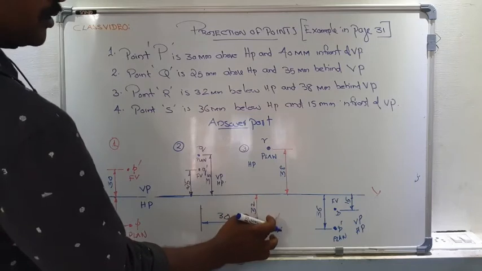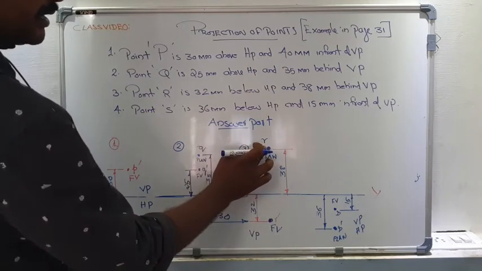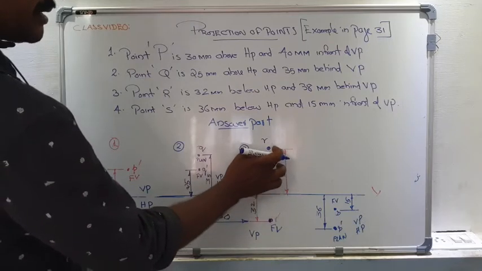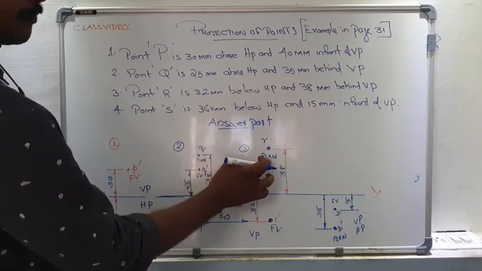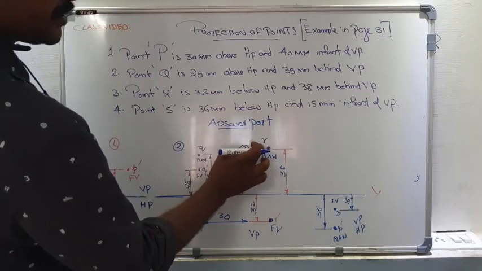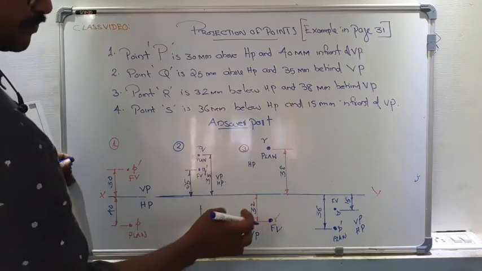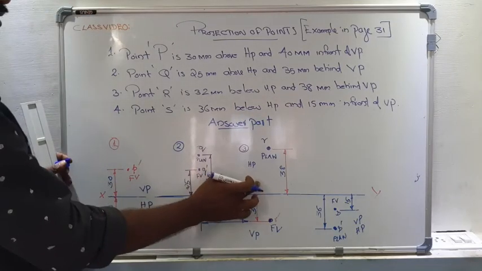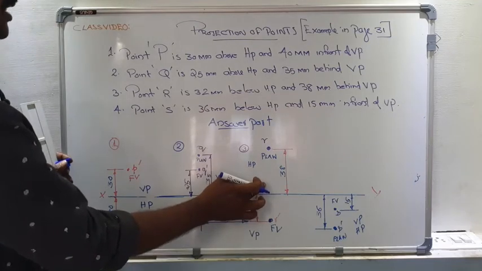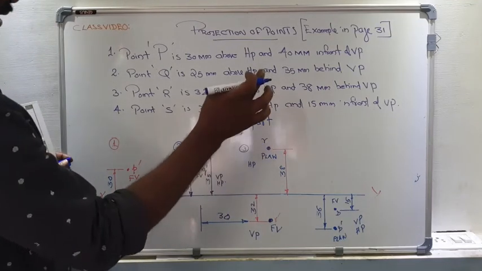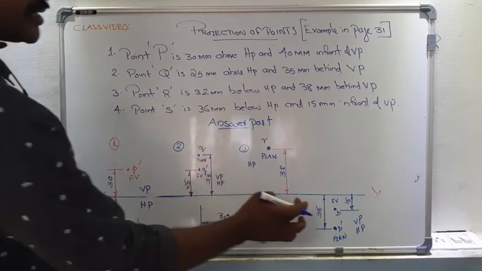And now keeping the same line, we have to put a point here, keeping the distance 38 mm above the XY line. And this view is marked as plan, denoted by the small letter R. In the case of third quadrant, front view comes below the XY line and plan should come above the XY line. This is the opposite of first quadrant. In the case of the last one,